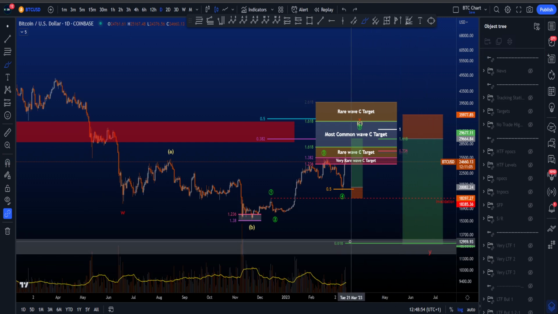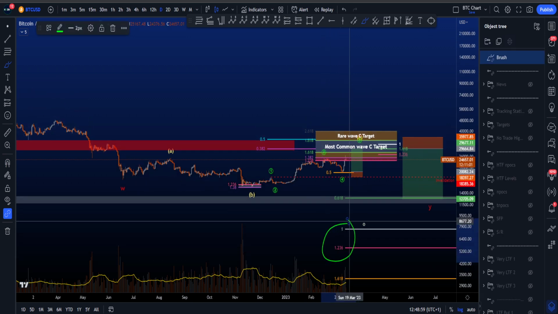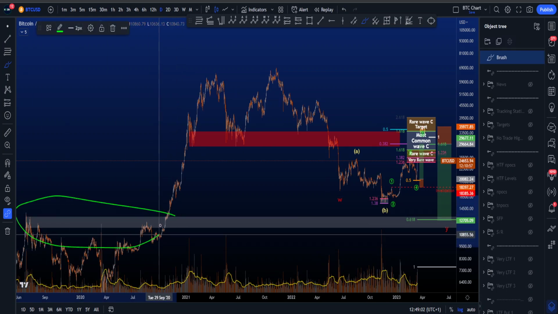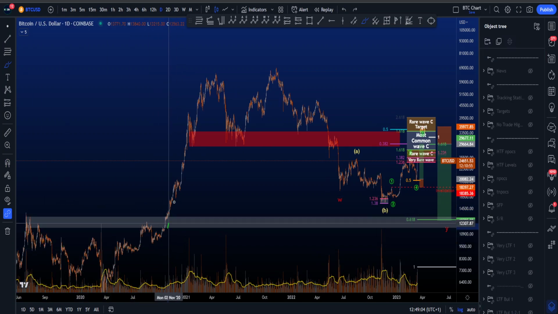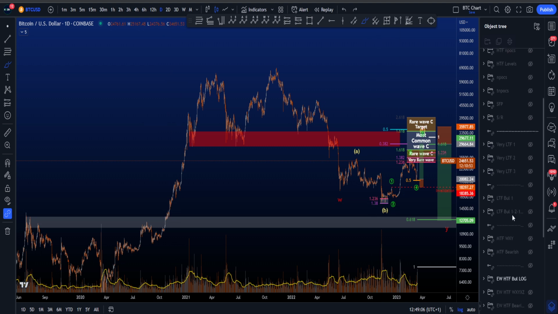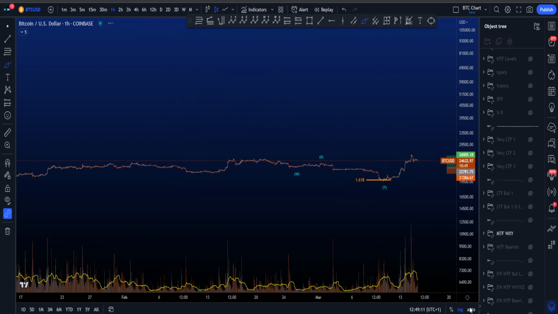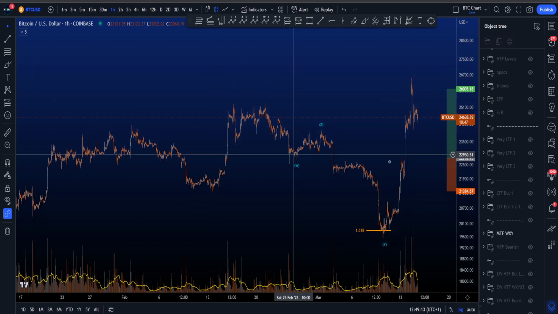The minimum target of wave Y is the 0.618, but there are other targets as well. However, the 0.618 over here has nice confluence with this backtest area that we haven't seen since the big bull run in 2020. So on the medium time frame, my preferred count is the following, where we finished a WXY